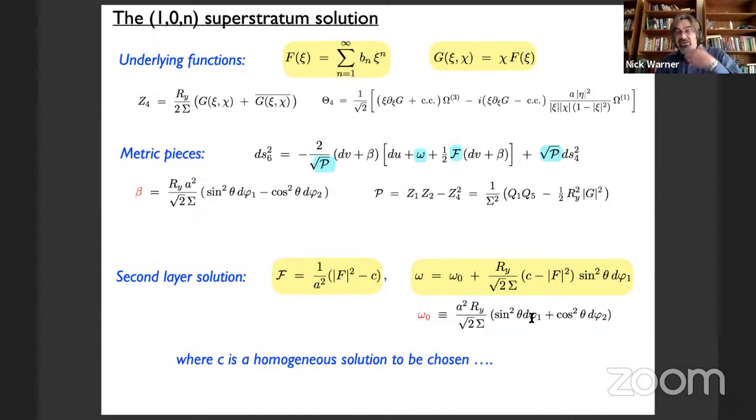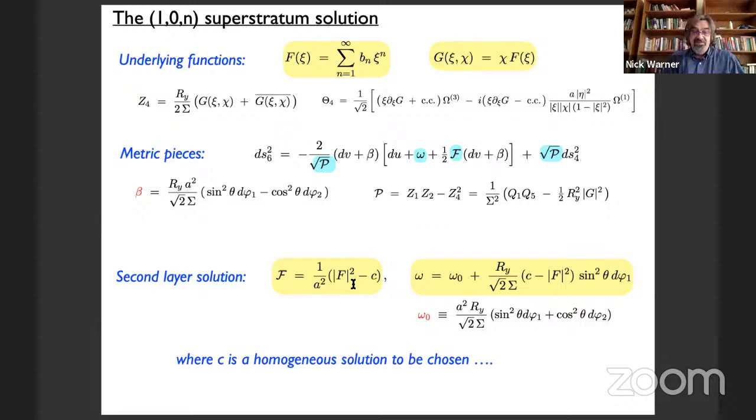It's a regularity condition. And if you don't get sine squared theta multiplying d phi 1, you've got a singular solution and you've got a problem. So you always know that because of the pinch off from the d phi 1 circle, you've got to have sine squared theta. So when you start solving it, you throw that in as a given. And usually you throw in a cosine squared theta in front of d phi 2 as a given. So when you look at omega 1 plus omega 2, the sine squared becomes sine squared plus cosine squared theta,